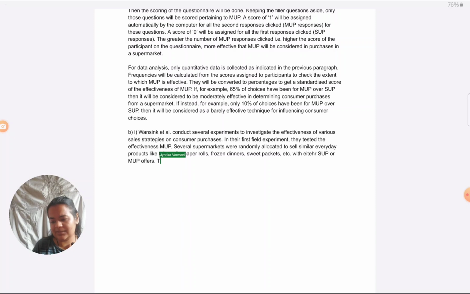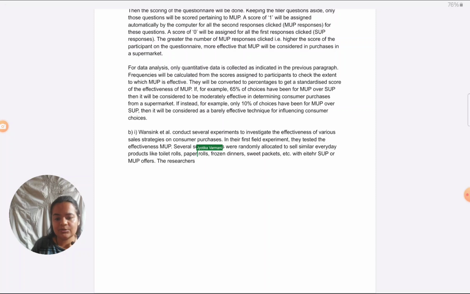The researchers, see, when you have to summarize, many students will ask me, when we have to summarize a procedure, exactly what do we have to include and what do we have to exclude? If it's an experiment, at the minimum, you mention what their manipulation is. So I've mentioned that, and of course, what they have measured. Many students don't say what the DV is or what the researchers measured.